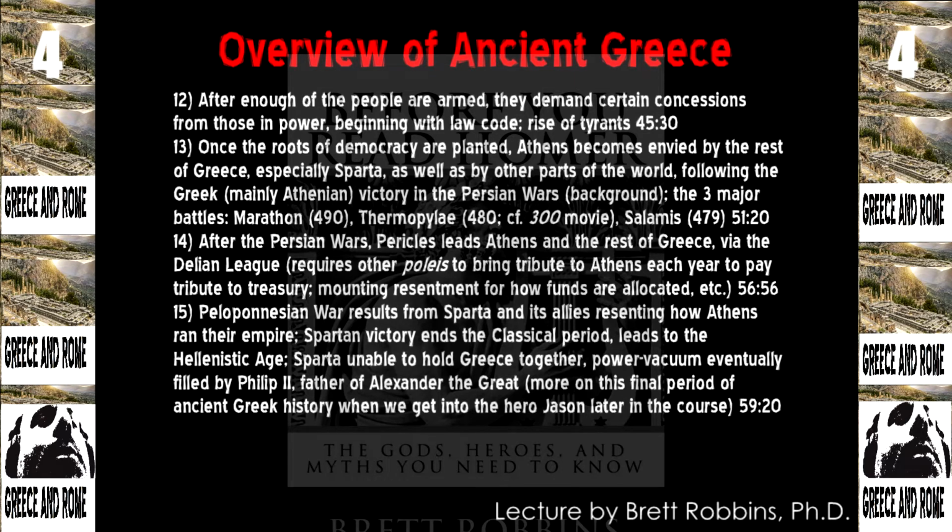And so there's a long list of things that occur. For example, at first they demand a law code. So what those in power, still in power, it takes a while for things to change, what those in power are able to tell the rest of the population to do, at least is done according to a law code as opposed to arbitrarily. That's the first thing that happens, leading up to democracy.